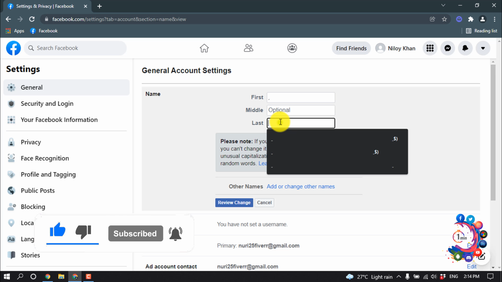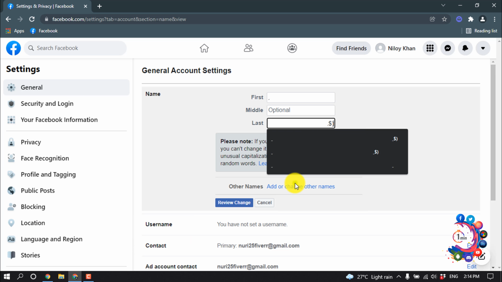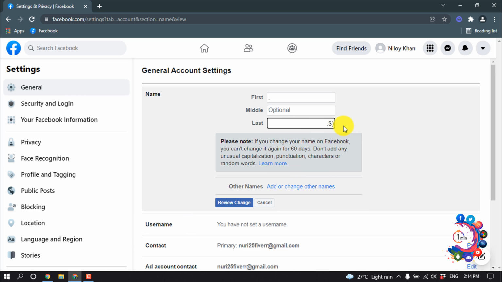In this last name section, I'm pasting that code again, and also here I'm removing the bracket and dollar sign, and I'm coming here, and also I'm gonna remove this dollar and bracket from here. Then I'm gonna click on review change